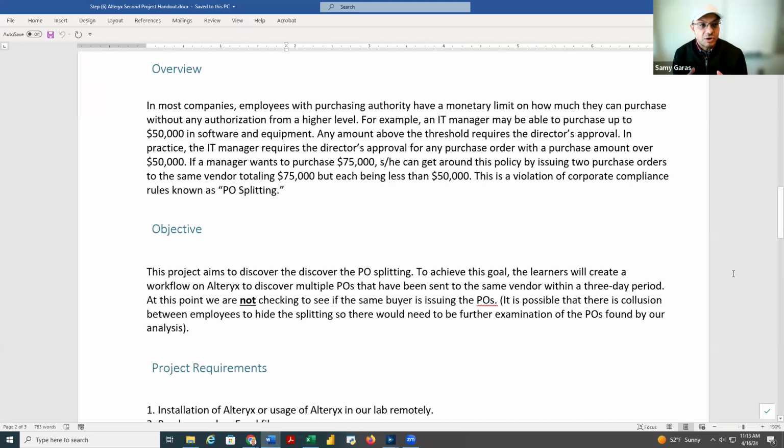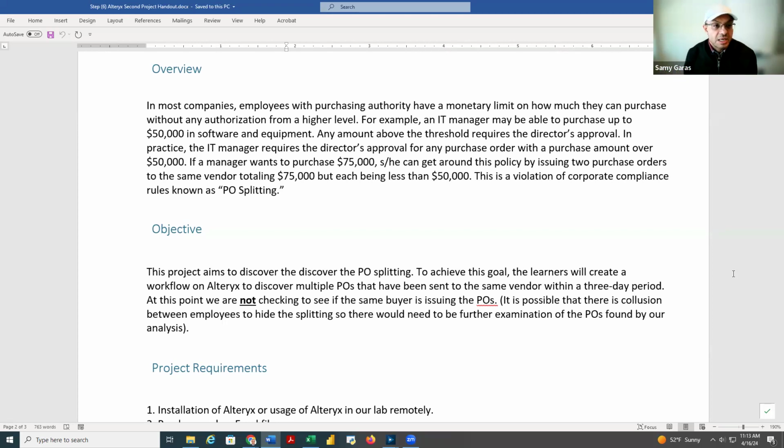In auditing, when we do audit on the purchasing department or the inventory department, we usually check the authorization of the purchase order. In some cases, the company puts a limit for the purchasing manager to approve the orders that are at a certain amount or below. In this example, I assume that the threshold for the purchase order approval by the purchasing manager is 50,000. If it's above 50,000, the purchasing manager should give it to a higher level person that can authorize it or